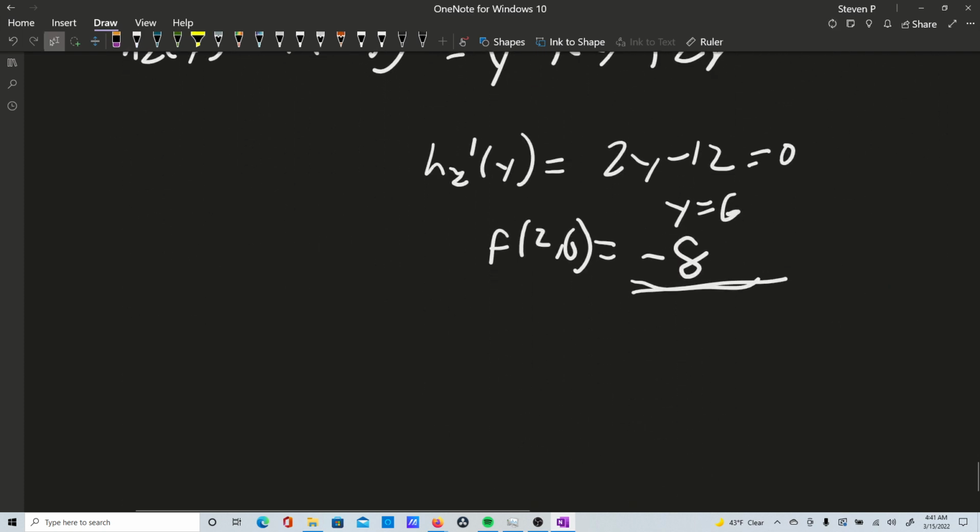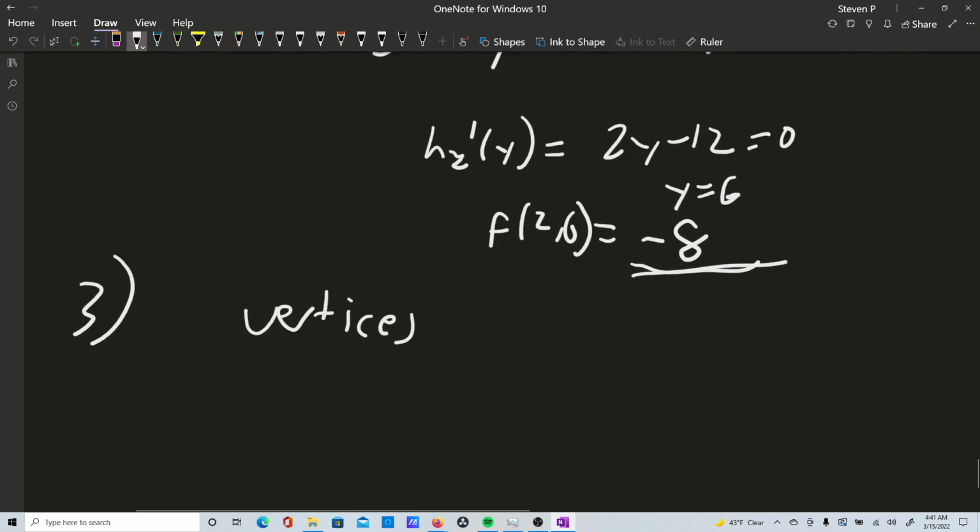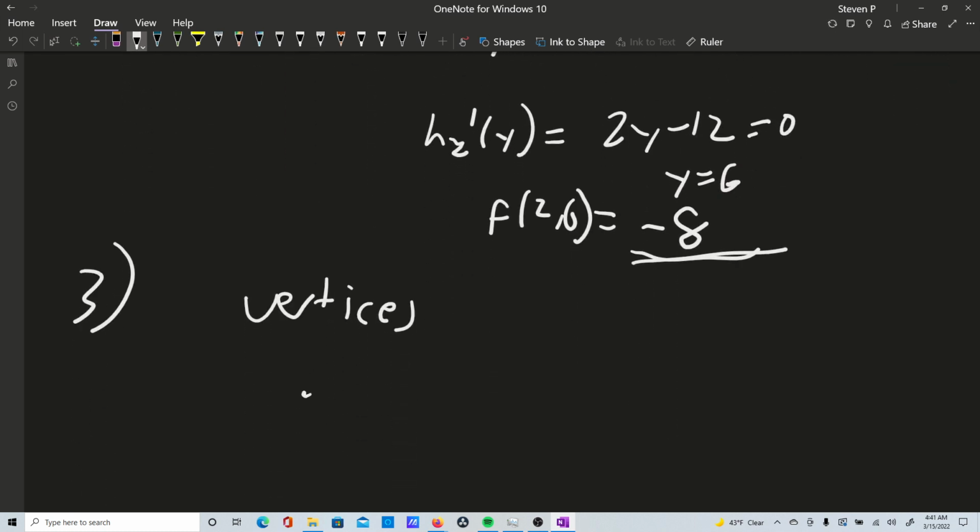But now, okay, so now we need to check the vertices, right? That's the last step. Step 3 is check the vertices. And I'll just go ahead and let you plug them in yourself, but I think I found that. What did I find? I think we found that f of